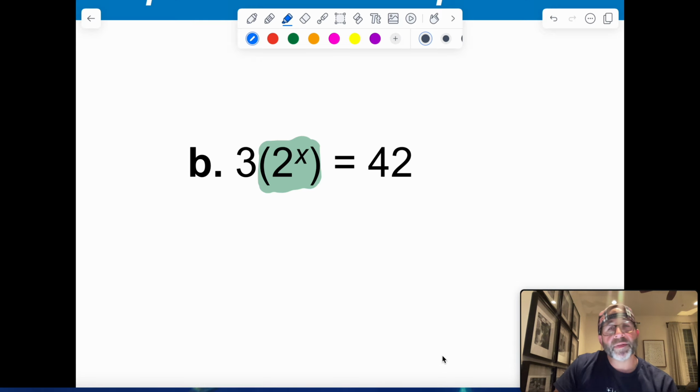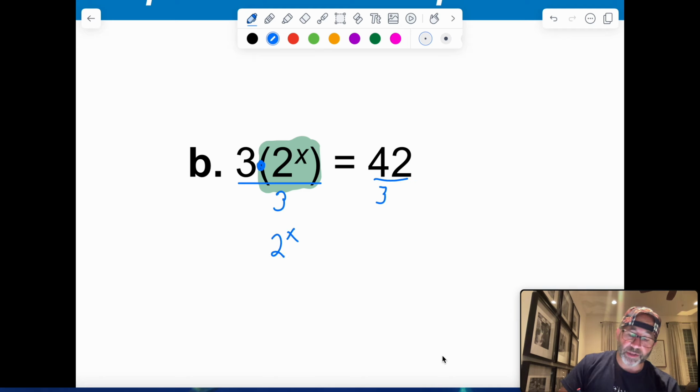So this means that we have to take this 3 and get rid of it. Since we have 3 times the quantity 2 to the x power, instead of multiplying by 3, let's divide both sides by 3. When we divide both sides by 3, we have 2 to the x is going to equal